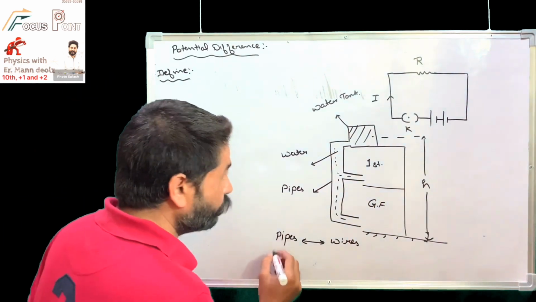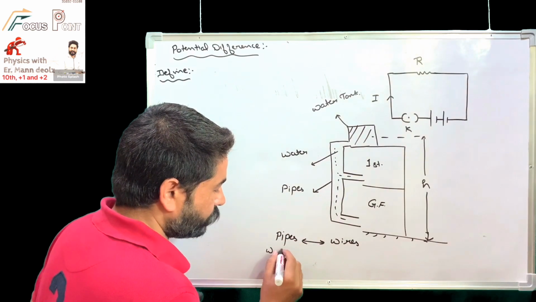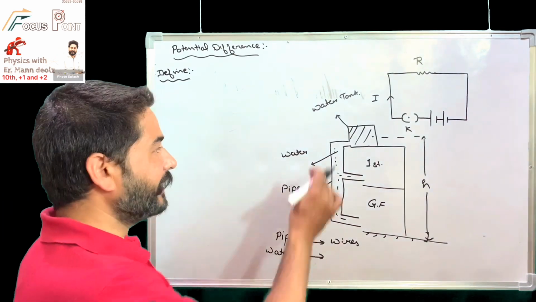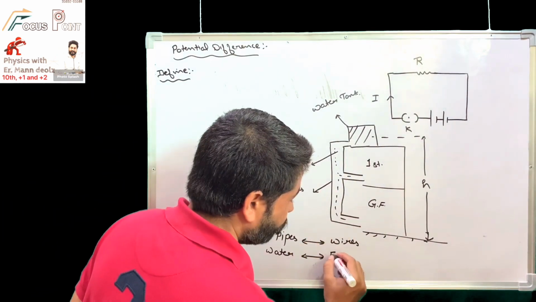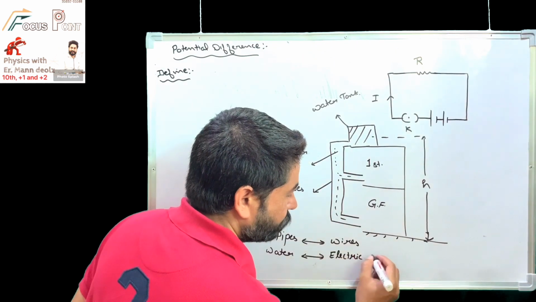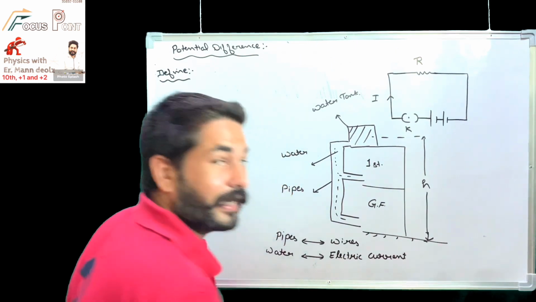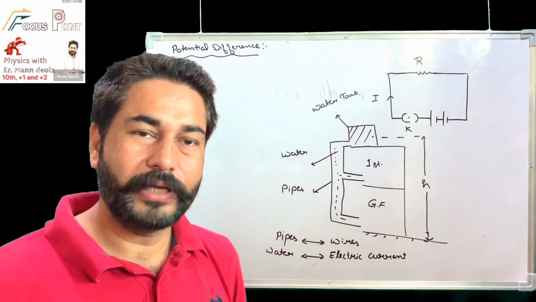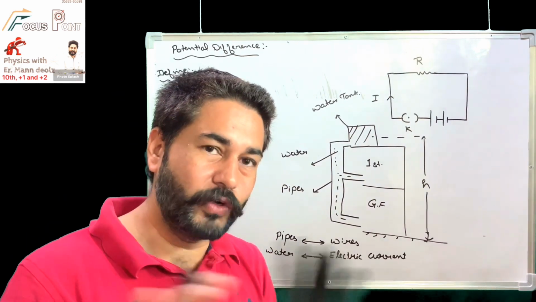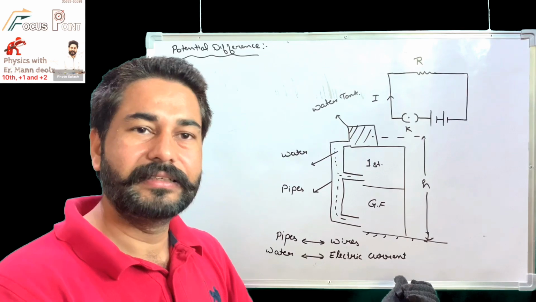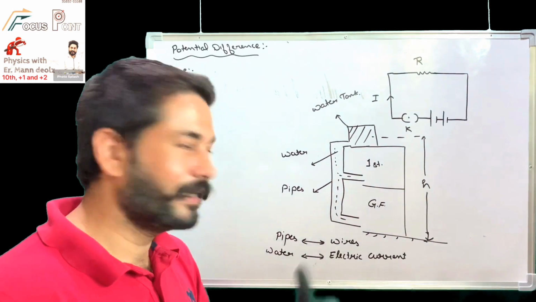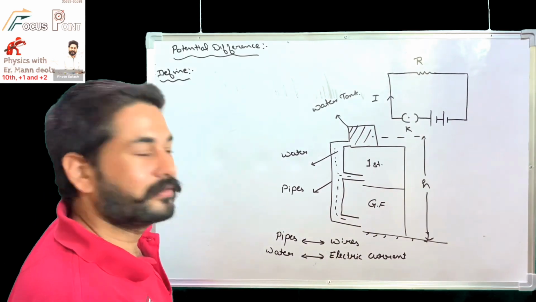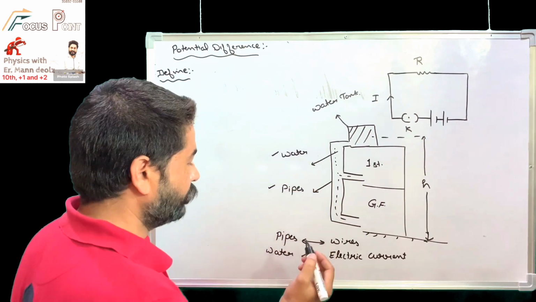Then what moves in the pipes? Water moves in the pipes, and what moves in the wires? Electric current. So we treat this water as electric current. As a whole I assume water is moving, so I'll say electric current is moving. Water is made up of small water molecules, which you can further treat as charges. Flow of charge is known as electric current, but we will not go into that much detail. So water is assumed as electric current.